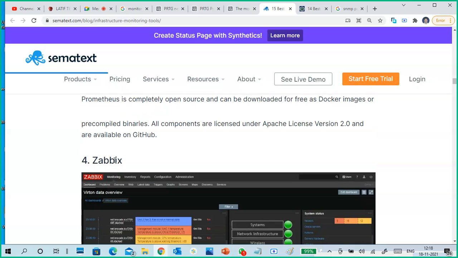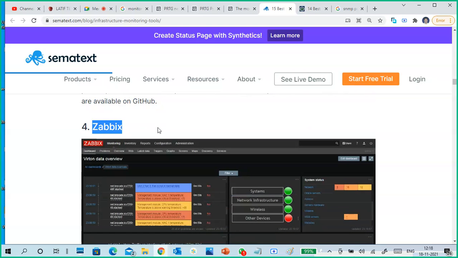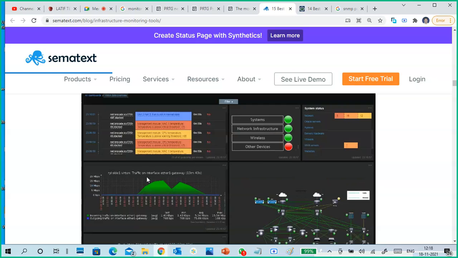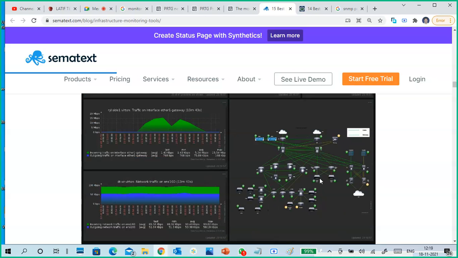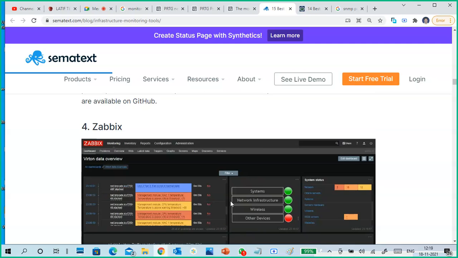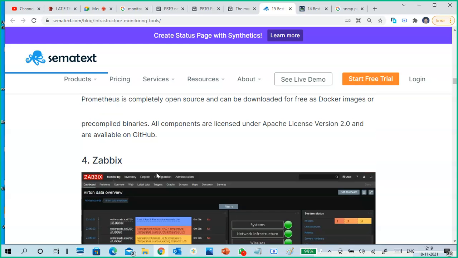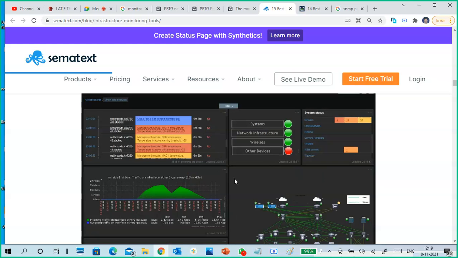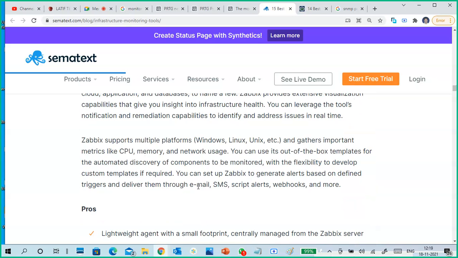So Zabbix is a very good free tool, with no time limit. Also, at least you'll get 60 days of the free tool, and it's very easy to download and use. But you must download it as a VM into VMware Workstation only. So if possible, I will put a video on it, not now. So you can see the entire infrastructure, how it is connected, which device is running, which device is down. Like that, we can get it from full infrastructure monitoring and application monitoring. Service monitoring, everything you will get.